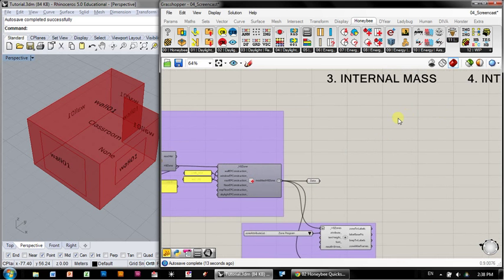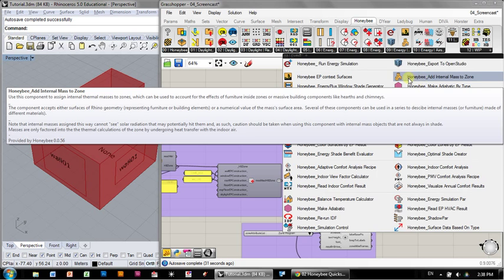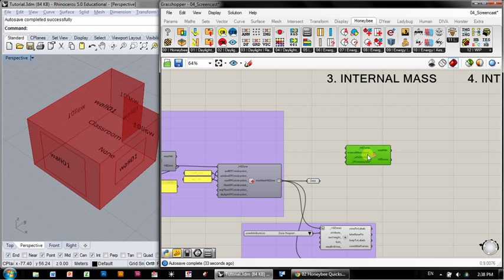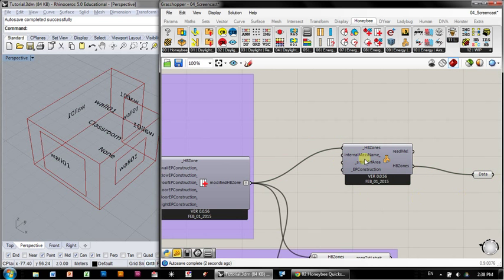Next one, internal mass. Very quickly, this is a way of defining what thermal mass is in the zone for any wall or surface or furniture that doesn't appear in the envelope. And this is a pretty simple, self-explanatory component. Honeybee add internal mass to zone, and we can run the zone right through there and then out the other side like so, and we give it a name, like let's call it